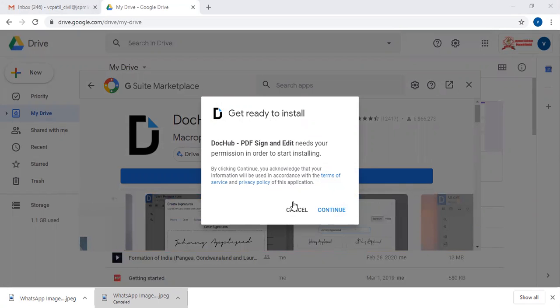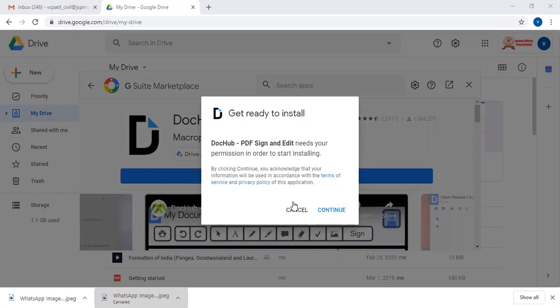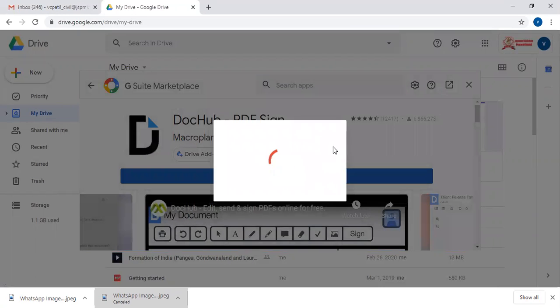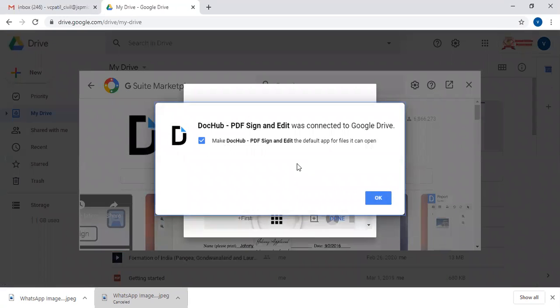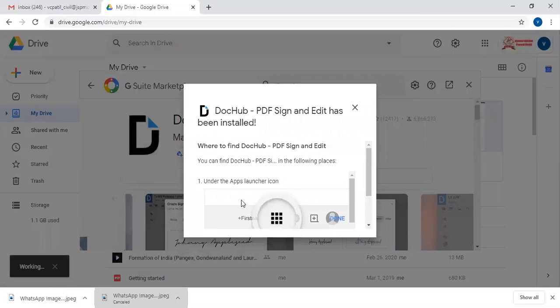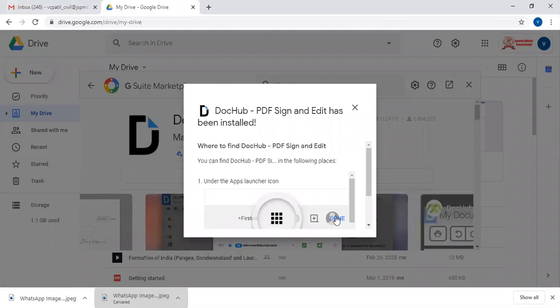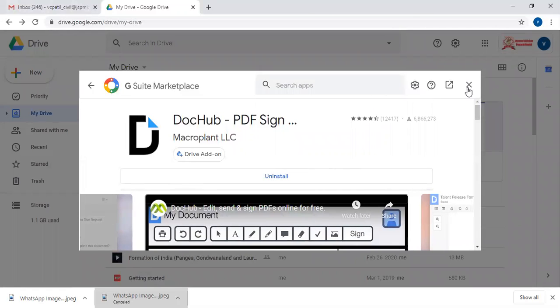Then you have to select your email ID, the same email ID, and then allow it. A message is given that Doc Hub PDF Sign and Edit was connected to Google Drive. So I click OK here, and it is done. Your installation is now completed, and it is closed out.